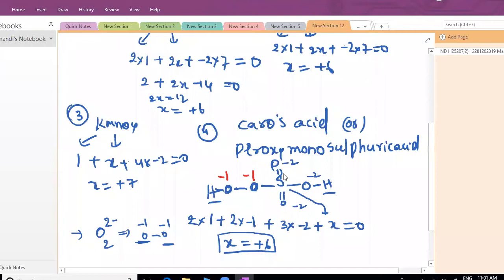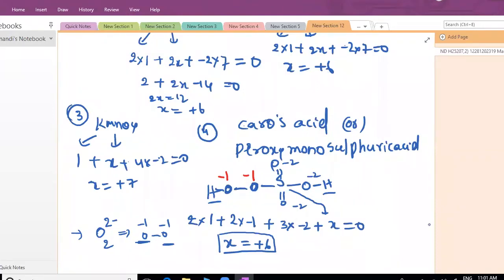Any other questions? No problem. We are doing it the first time. Still you are giving very good answers, every time maximum answers. Something you may not get at the time, but after explanation you may understand. I think you understood Caro's acid. Shall we do one more example, where you may have gotten the answer wrong?